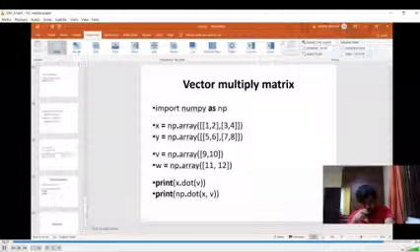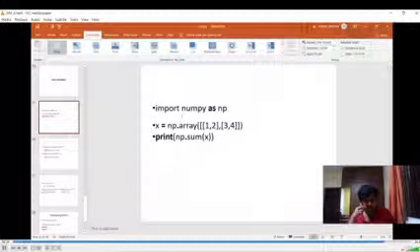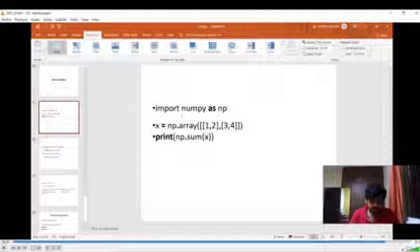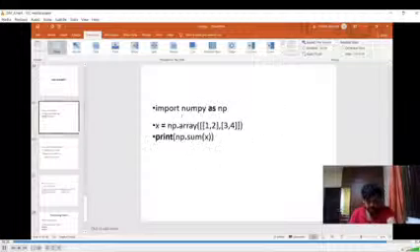Okay. So another one is there. It's about the sum operation. Sum operation means it's a simple thing we know already. It is going to do addition for all the elements in our array. So here, whenever you are using print np dot sum of x, it is going to do 1 plus 2 plus 3 plus 4. So it is going to add all the values simply. And if you want to add some particular rows,